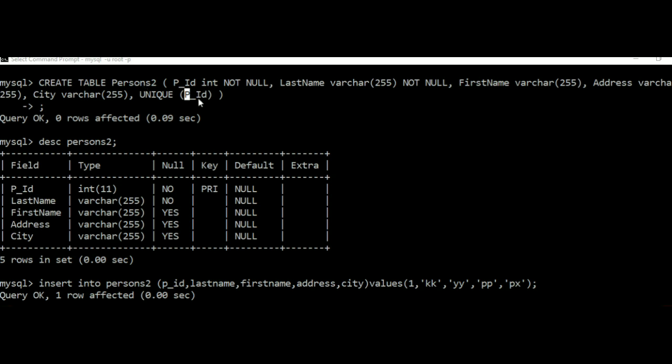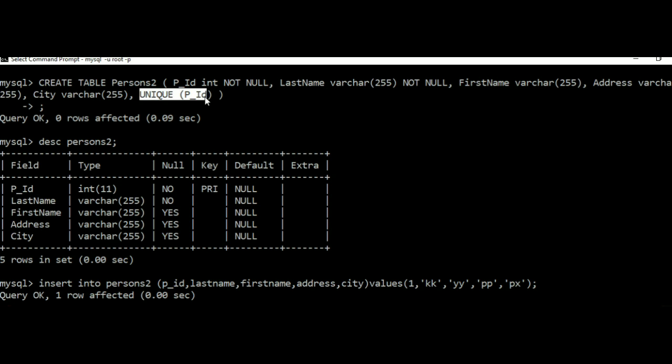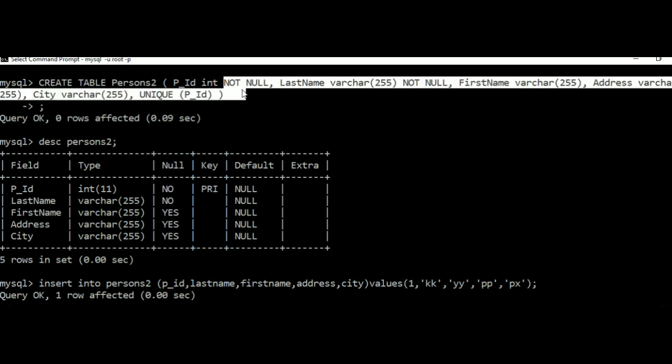So without any further delay, we'll go for how to implement the unique constraint in our table. This is a simple way. Create table, our table name. Here I have an attribute called PID, and I have given that PID must be not null. Do remember that whenever you want a particular column value to be unique, first of all it must be declared as not null, because unique cannot take null values. It will be taking only unique values. For that reason, it should be declared as not null.